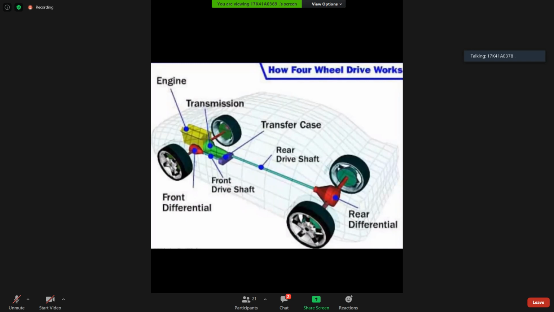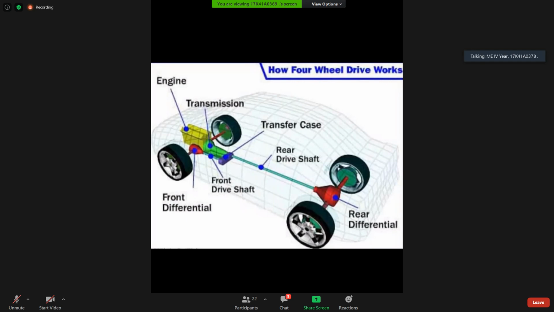In this first diagram, we are seeing a car body with the components present in the car. Here, the engine is the main component, as we know. Not only the engine, each and every component is very important for a car to function, and each independent component has its own functioning and its own performance. Here our topic is about power transmission and four-wheel drive. So the differential is the main component for transferring the power from the engine to the wheels.